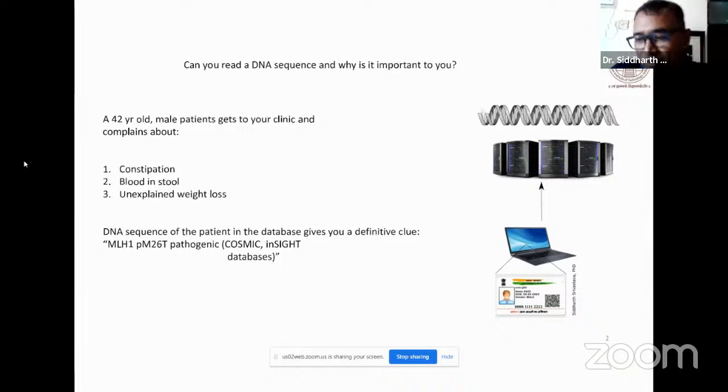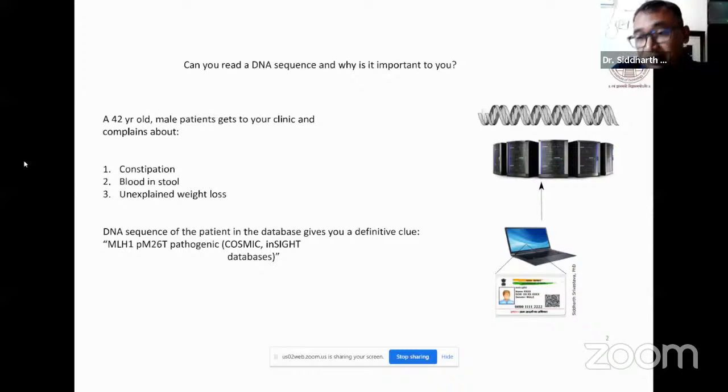If this patient goes to a general practitioner, there could be a lot of reasons why he had constipation, and he may end up just eating isabgol for a very long period of time, before which he realizes that it's not working. But imagine a time where our honorable Prime Minister says that